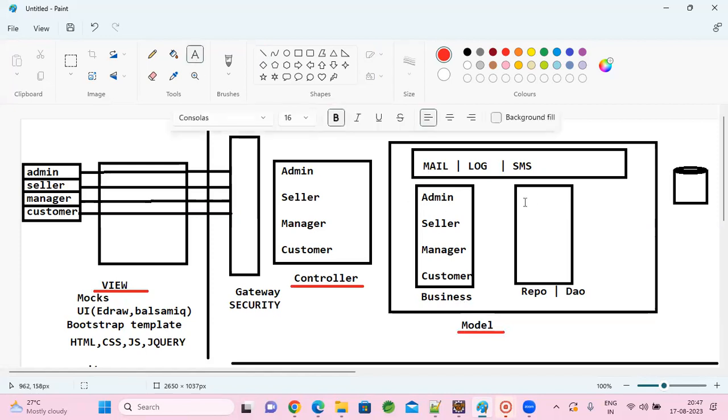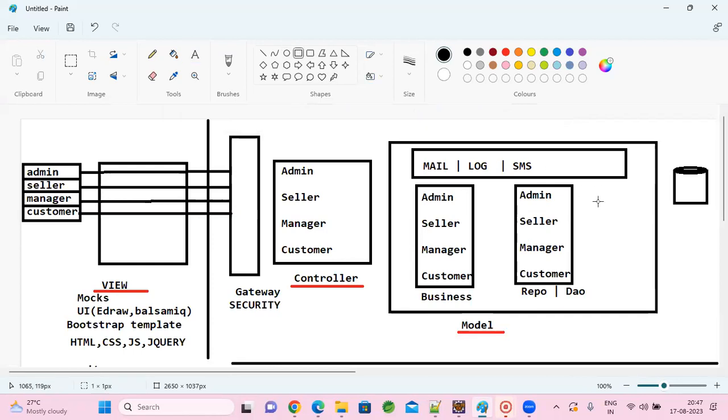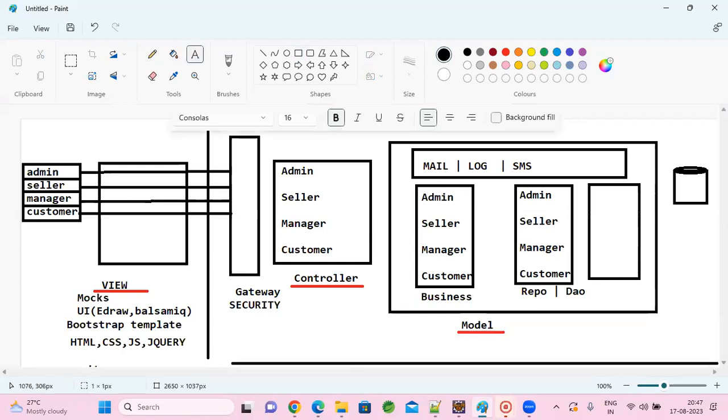In the same way, for the repository, for admin we will have separate repository classes. Not only classes, we will design a separate application itself for seller, manager, and customer. And for them, entities also: admin-related entities, the database entities, will have a separate layer.